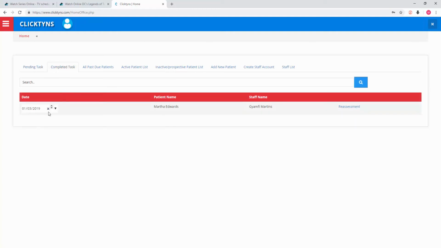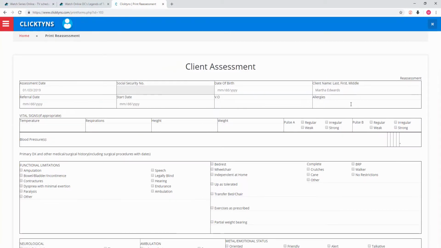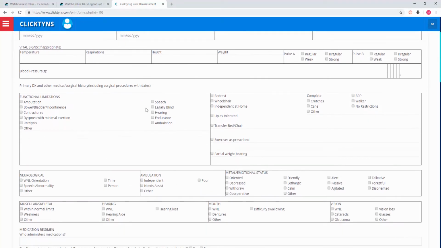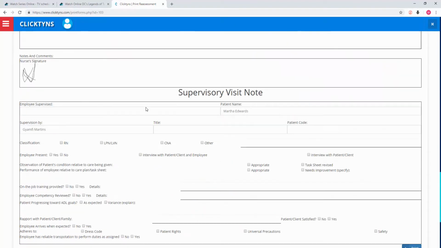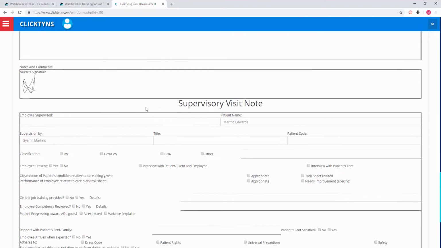The tasks here are listed when a nurse submits their notes. The note goes to the nurse manager. After the nurse manager has checked it, it will appear here. Once it appears here, you just have to click on the reassessment link, or you would see a link there saying initial assessment. Once you click on it, you will get access to all the notes that were filled,